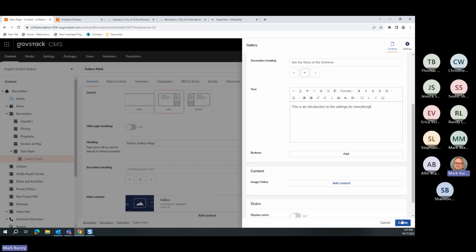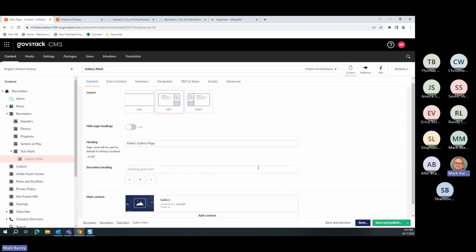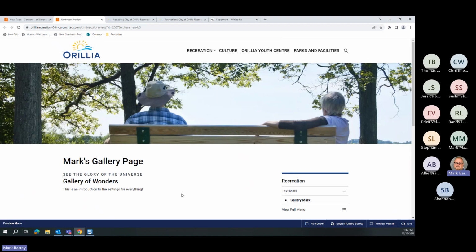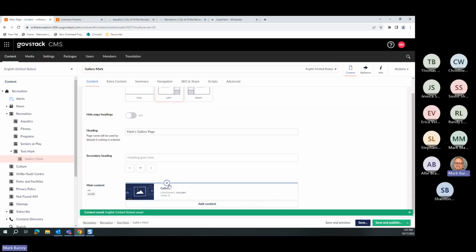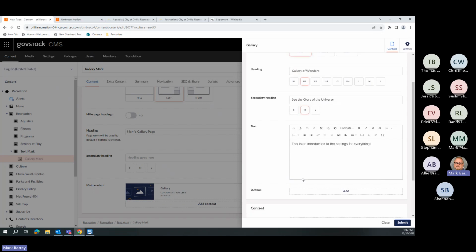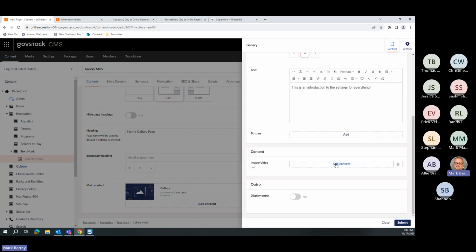So when I hit create now, I haven't put the main content for inside the gallery in here, but this is what it looks like. I've used my intro to create this piece here. Okay. Now that I have that, now I can go into my gallery, and for the main area here, when I hit let's add content,